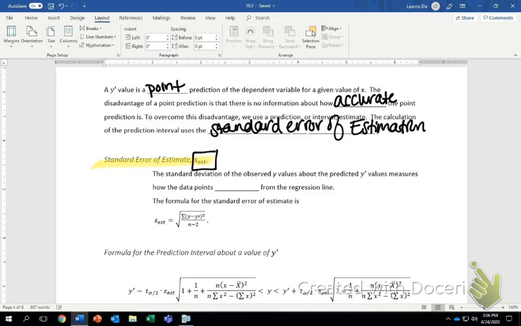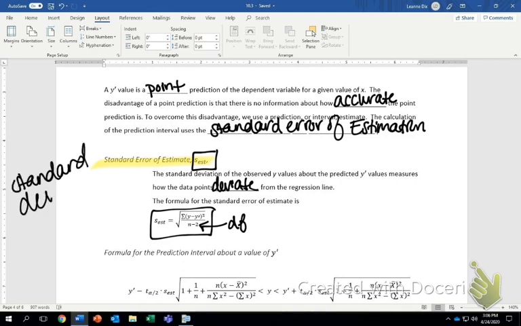And this is a standard deviation of the observed y values and the predicted y prime values, and they measure how the data points deviate from the regression line, and then they give you this formula. Now, understand a couple of things. The thing at the bottom is our degrees of freedom. The other thing is that we've dealt with something similar to this before. We had our standard